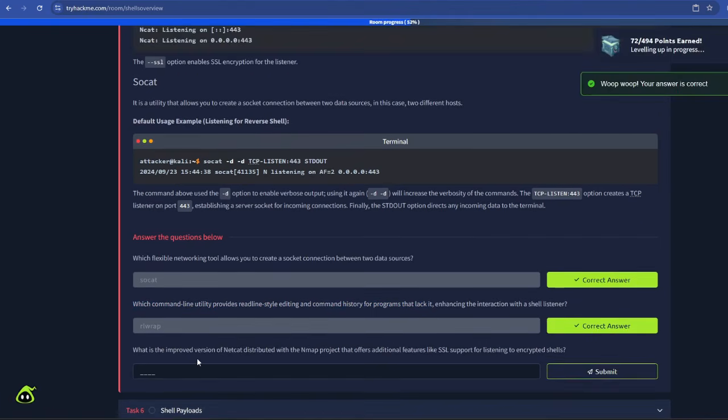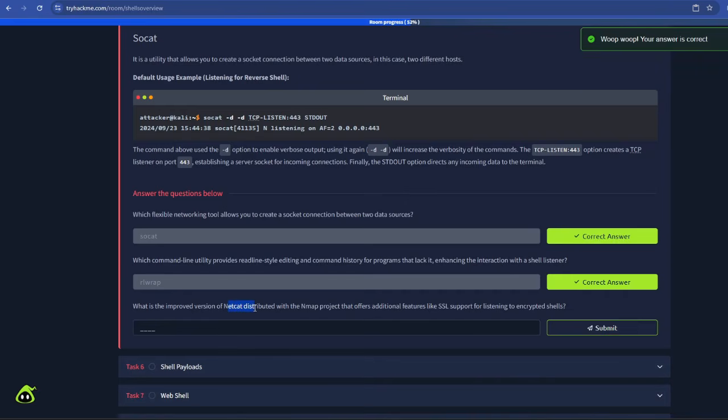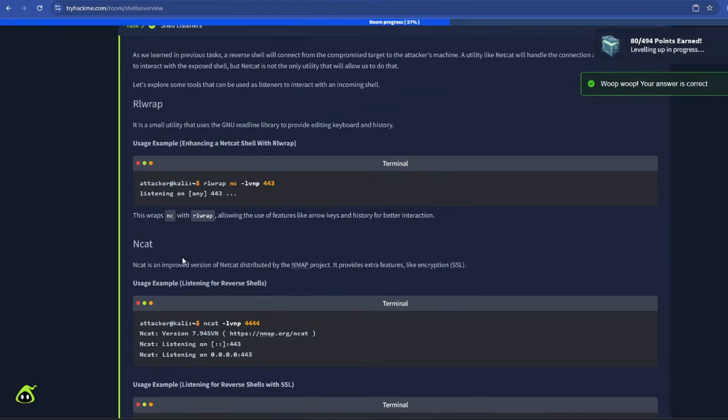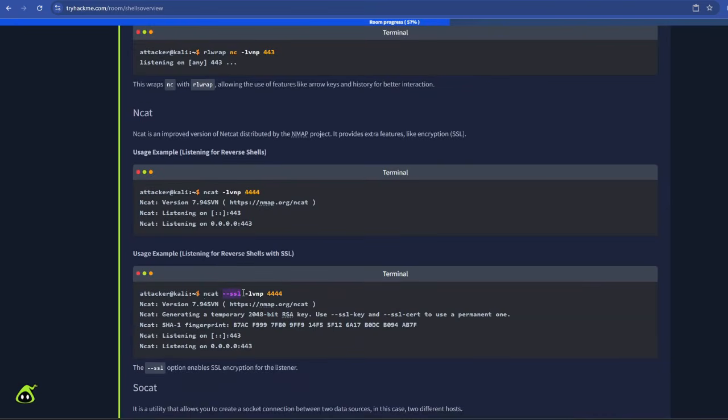And what is the improved version of Netcat distributed with the Nmap project that offers additional features like SSL support for listening to encrypted shells? Well, I skipped this. It is the Ncat and can be found here. Ncat can also be used to create listeners and to use the SSL option so that you encrypt the connection